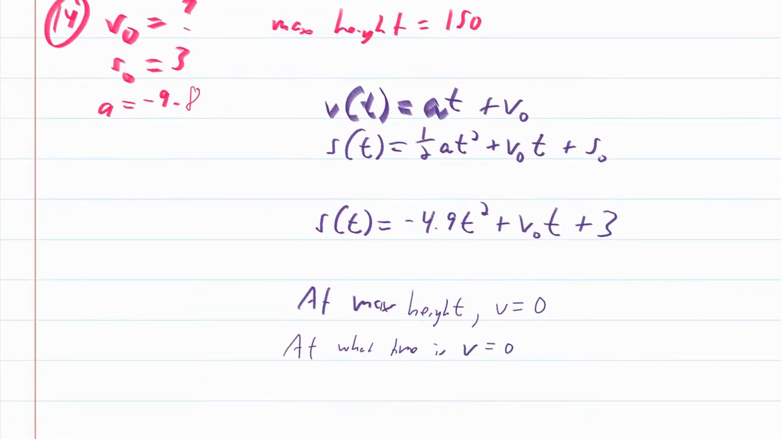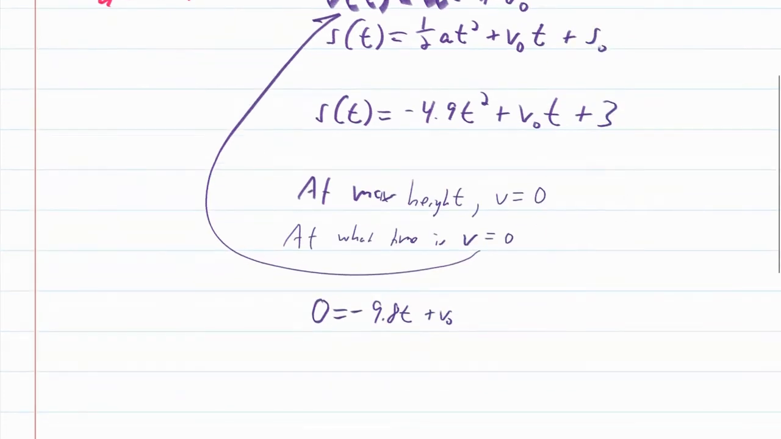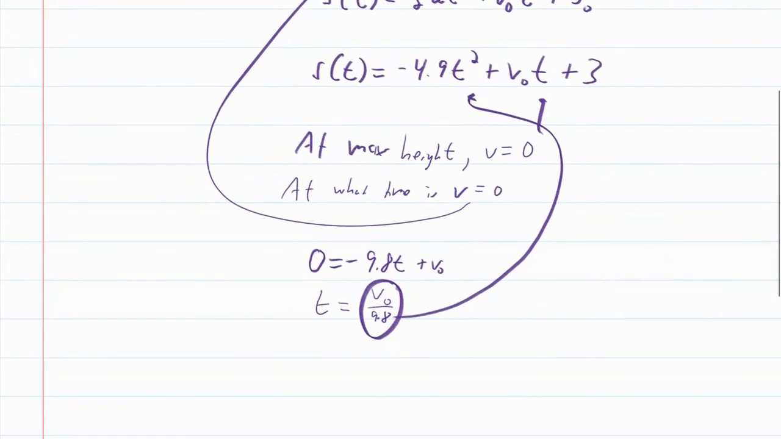And v is equal to 0, if I go back up here, 0 is equal to negative 9.8 t plus v sub 0. That occurs when t is equal to v sub 0 over 9.8. So let's take that and substitute it in here for t. So I would get,